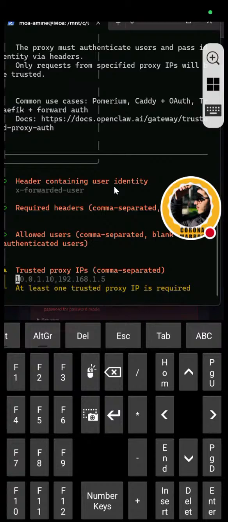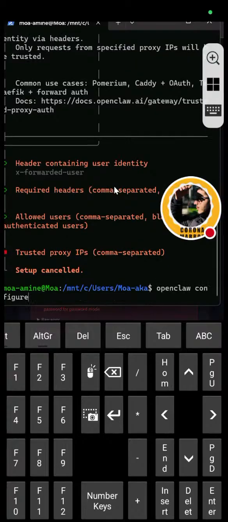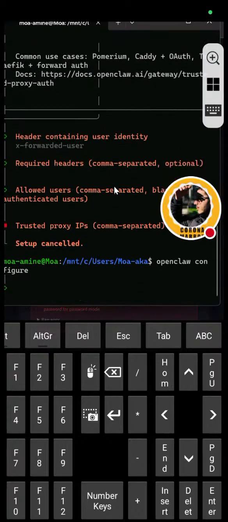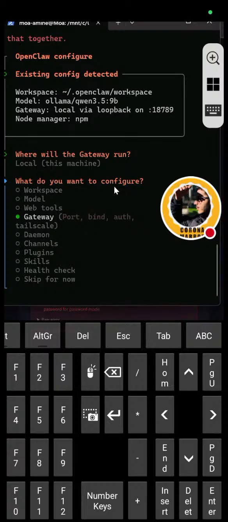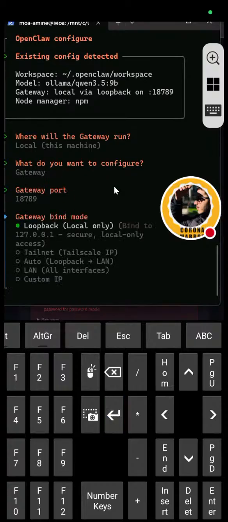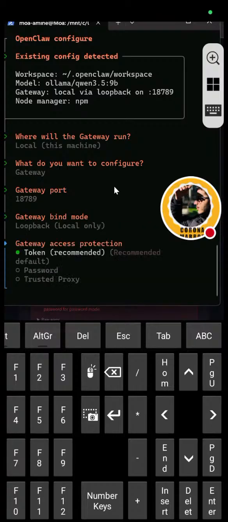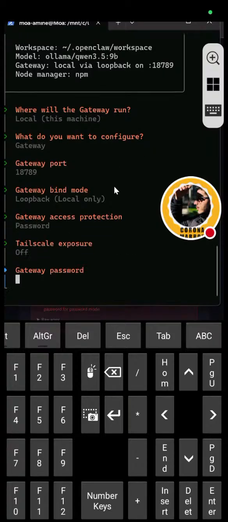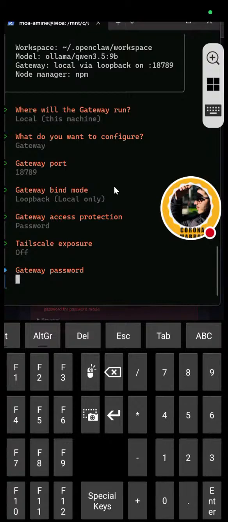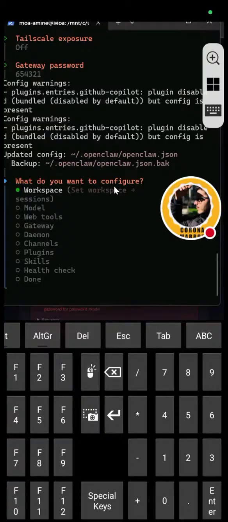Actually, let me do something else. Okay, let me do just a password. Since it's just running in my network, I'm just going to put 64321 and